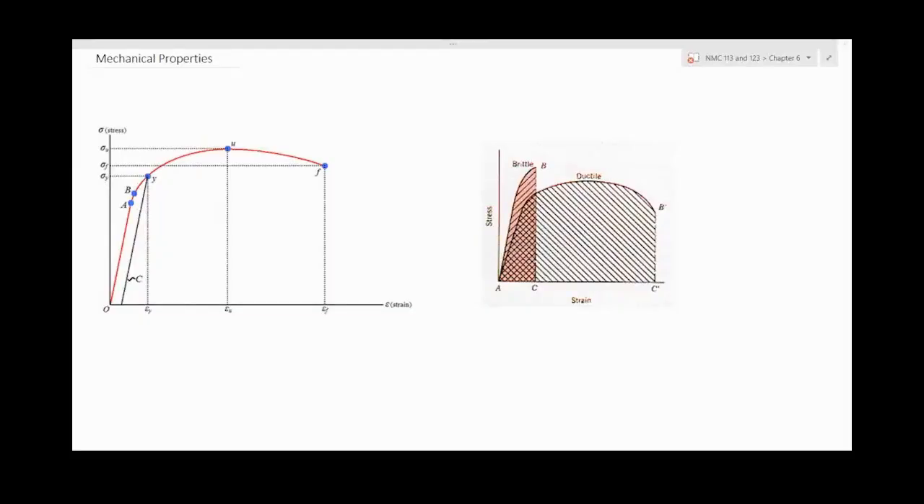Hi everyone, today we'll be looking at mechanical properties. This is chapter 6 in accordance to your notes. Basically the mechanical properties of especially metals